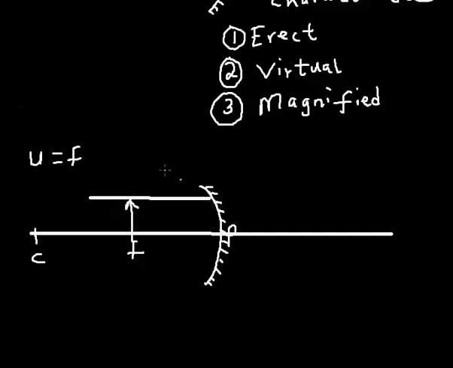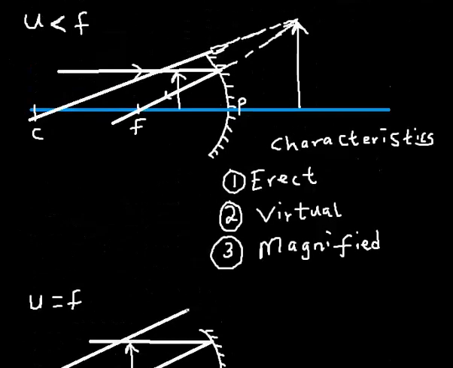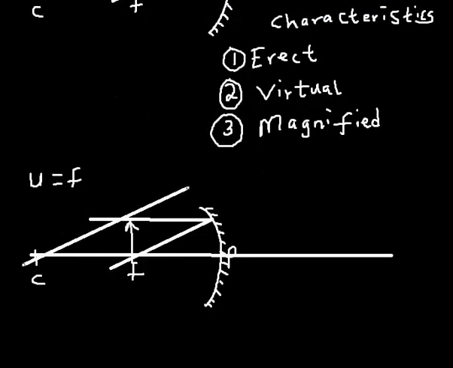It reaches there, then it reflects, still passing through this focus point, and of course I need to extend this. If I trace this now, the two of them are parallel lines,